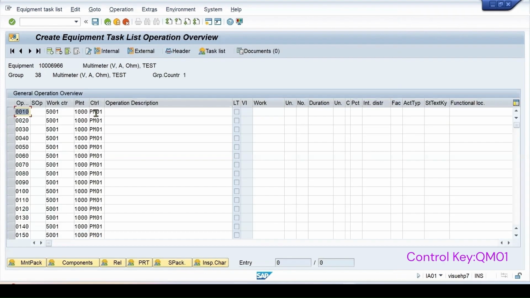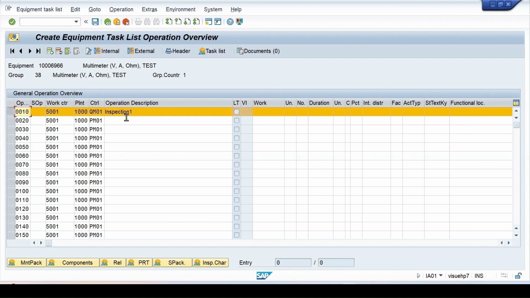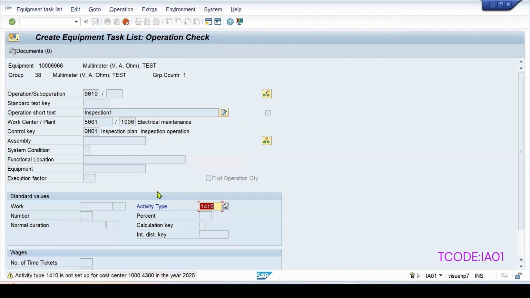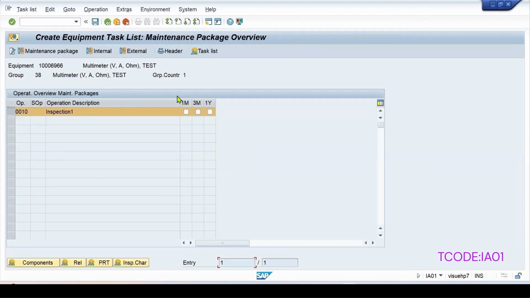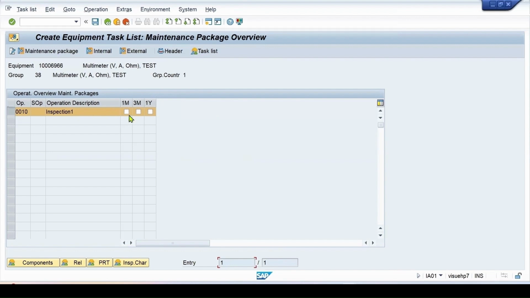We can maintain a control key, which is PM01. Enter some description, say inspection I'm entering, select the row, and then we can go to the maintenance package. Just press enter key, and here, since we have selected calendar based, then I can specify what will be the maintenance package. After 1 month or after 3 months or 1 year, suppose I'm selecting say 1 month in this,